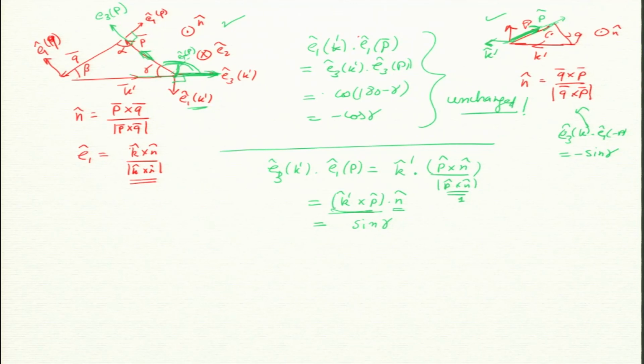Sometimes, if you go k prime to p in that same direction, I get plus, but if I got p cross k prime, then what will happen? You can see this, E3 p dot E1 k prime, what is that? There is a minus sign. It is going to be p cross k prime dot n, and you can see that this cross product will give a minus sign. Anyway, so this is the origin. The table has some nice structure.